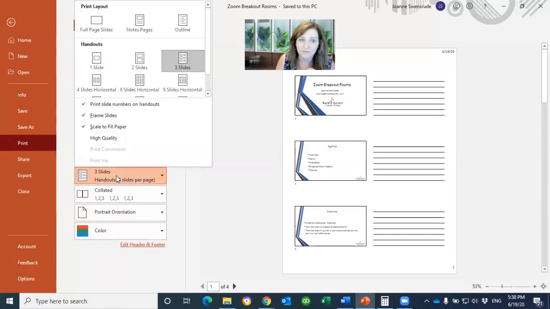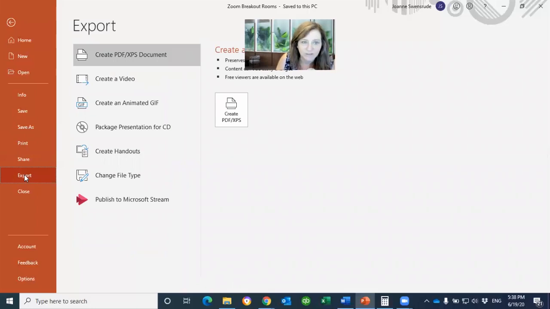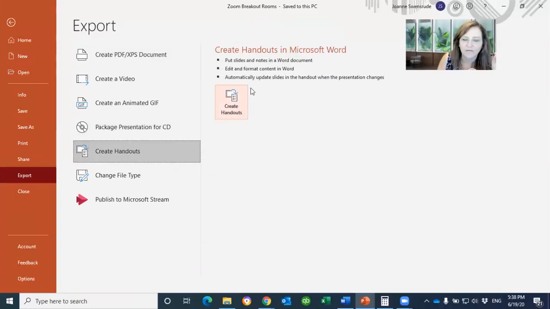There's a lot of options under here, but if I go to export, we could probably spend a whole session just on this screen. We've got a whole bunch of options here, including PDF, but we've got create handouts. Now what that will do, it'll throw them into a Word document. You can choose to update the slides in the handout when the presentation changes. So this would be more like you've got a lot of control over what your handouts look like. You can put fancy headers and footers, and maybe they're part of a training manual, so you could include them